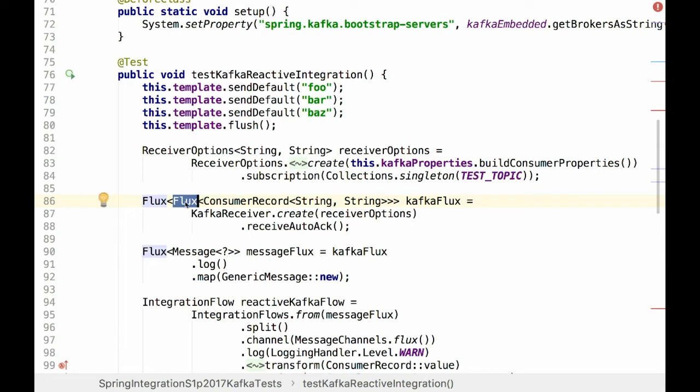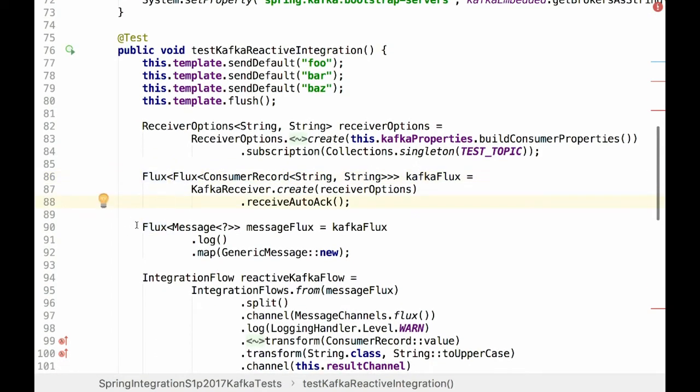The internal Flux contains a bunch of records which we get on each poll, because the Kafka consumer is pull-based. So we do a poll, we get some set of consumer records, and the Reactor Kafka project wraps it into a Flux.